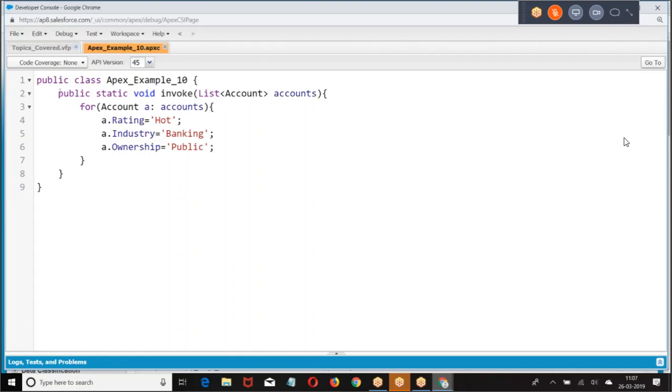This is the method I wrote. Whatever records we are trying to insert, those list of records one by one we are taking, trying to modify rating, industry, ownership.